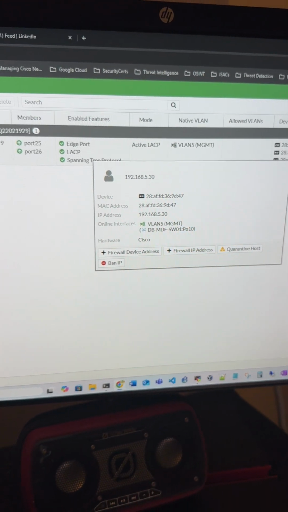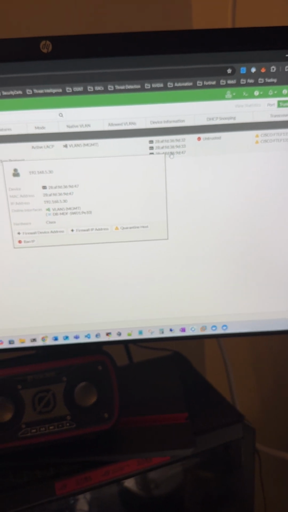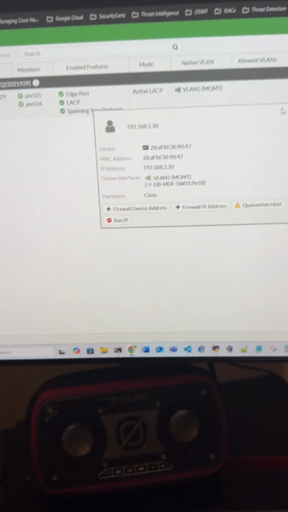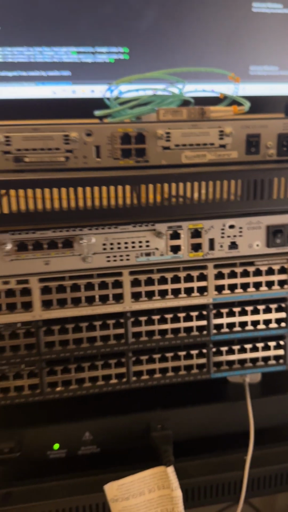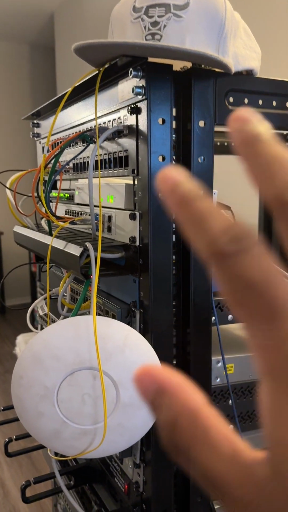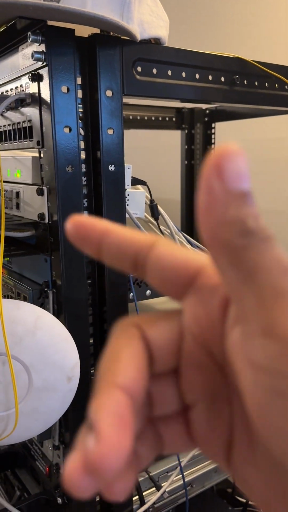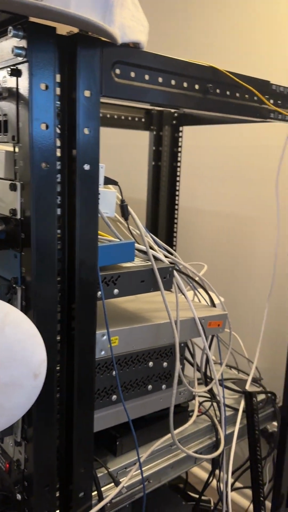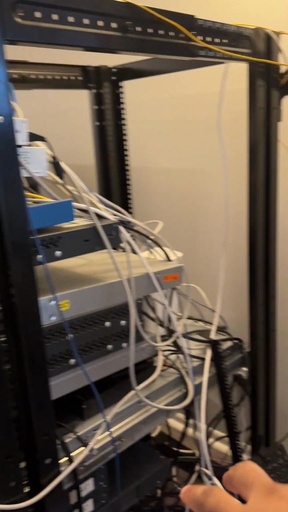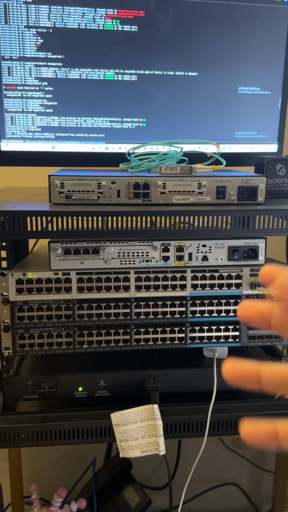And here's how I got this: 192.168.5.30. So the dot 5.30 in the subnet is this switch. This is my home network right here that I have full access to remotely. This is what I didn't have access to remotely. By binding the two channels, and you don't have to bond them, you can just create a link directly to it and just call it a day, but you still have to do the non-negotiate settings on the Cisco switches. But by creating this port channel, I've given my network access to this switch, but the switch didn't have an